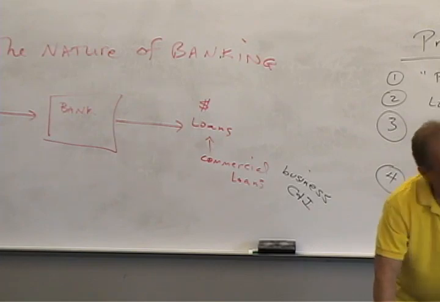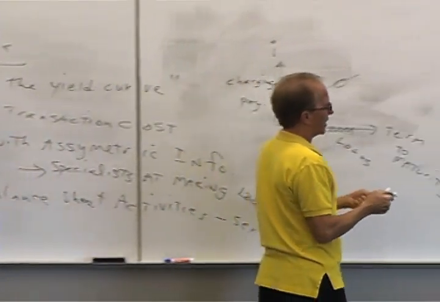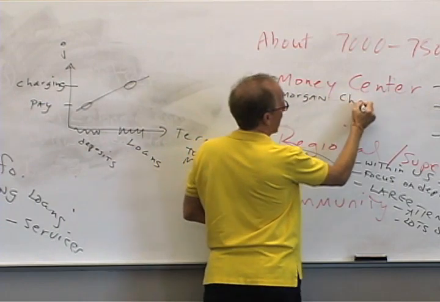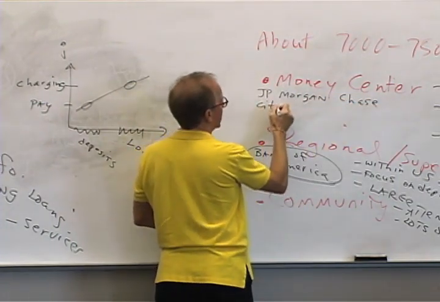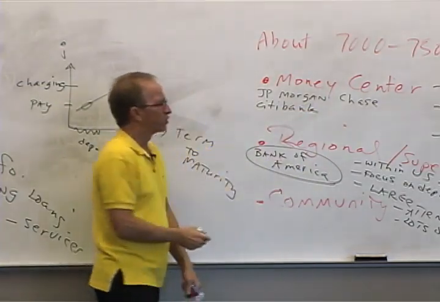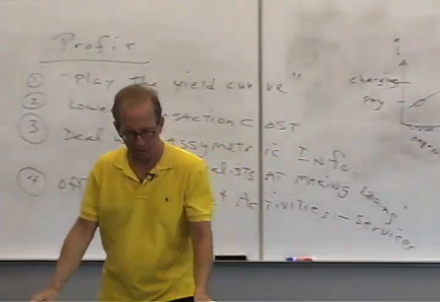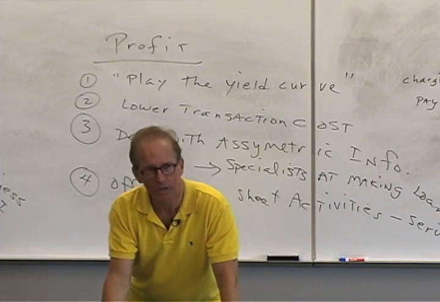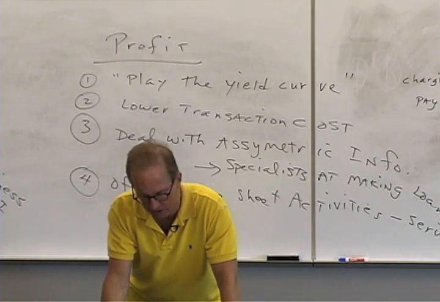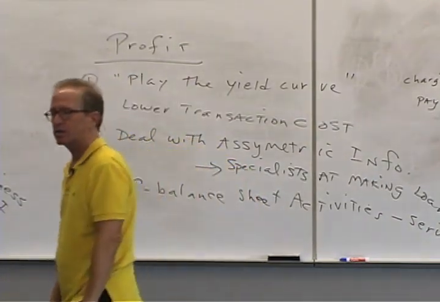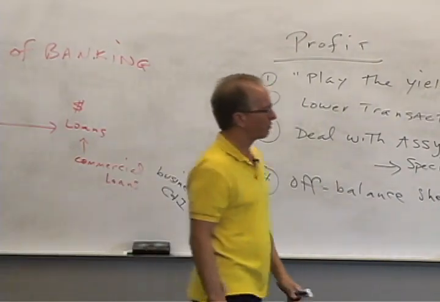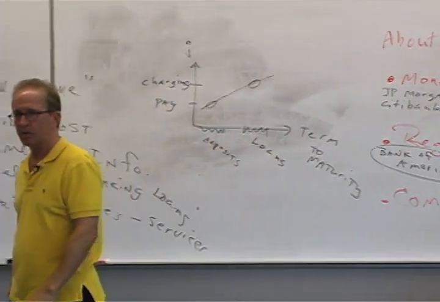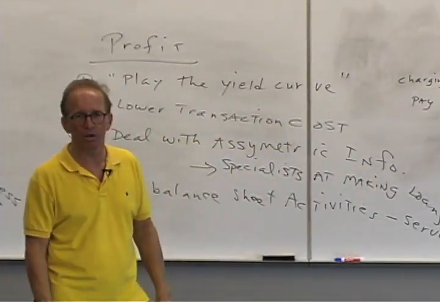Okay. By the way, I mentioned, I'll write a couple of these down here, J.P. Morgan Chase. Another one would be Citibank. Those would be two money center banks that are very well known. Citibank has 52% of its assets within the United States, and it is in excess of $1 trillion in assets. But it has lots and lots of foreign branches. They'll have a branch in London, a branch in Tokyo, and so forth, and many other countries. And then they're doing business overseas with large corporations.